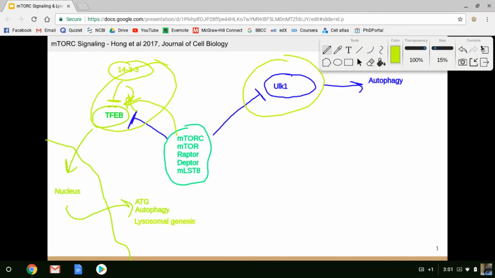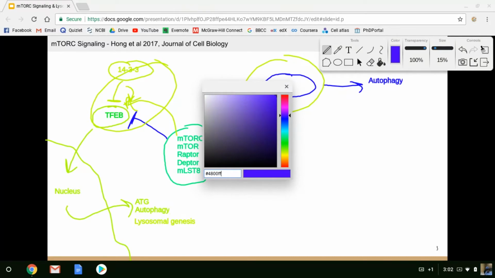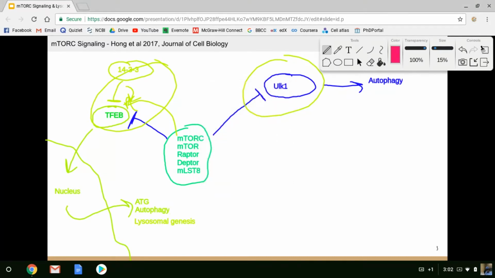Anyways, what about translation? Translation, I said, is upregulated when mTORC is on. How does it do this? Well, let's go with this color. So mTORC actually phosphorylates a protein called 4E-BP, for EIF4E binding protein, or I can't remember exactly what the 4E stands for, but this is a protein that inhibits